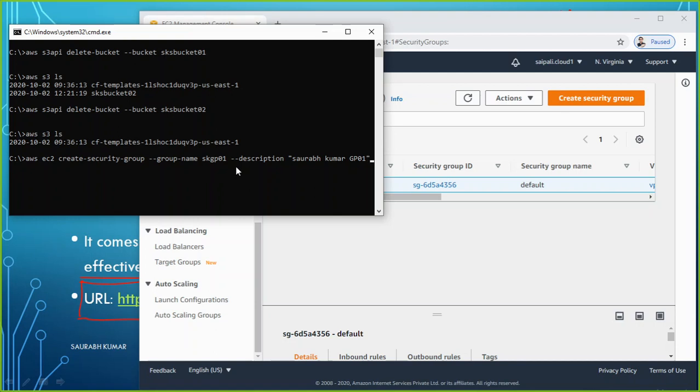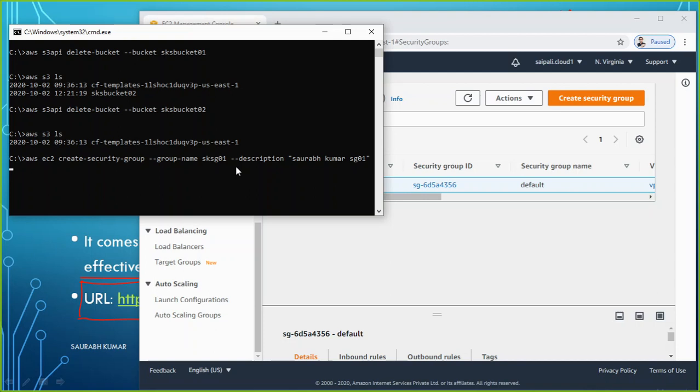That will be the description, detail of that group. Security group. Why am I using GP? Why not SG, security group? So this way I can give. Let me use SK rather than SKGP, SKSG. Saurabh Kumar Security Group 01. Saurabh Kumar SG01. That's the description I have added.